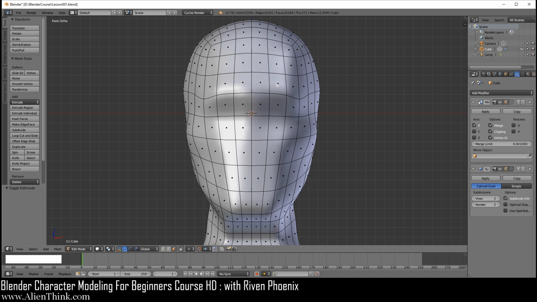So what you'll notice is that when I do Control R and move my mouse like this, you can see that it's going all the way down to the neck, and this is now going simply around the head, right? So it means that it's going to modify the side and the back of the head if I need to add some features into the front of the face. So how can I reroute this edge loop where it will allow me to create a much more detailed model of the eye and the nose without affecting the rest of the 3D head in the back? I can simply do that by using that feature that I just showed you.